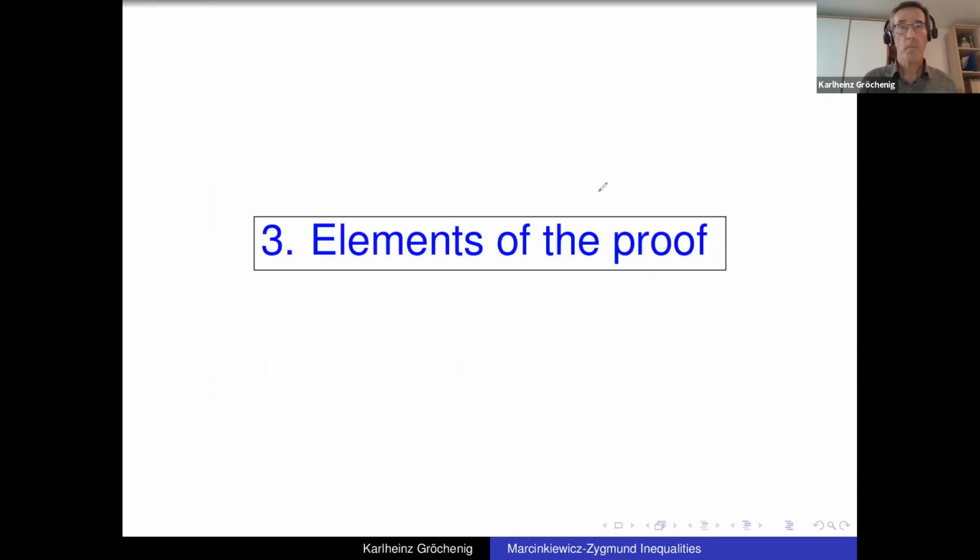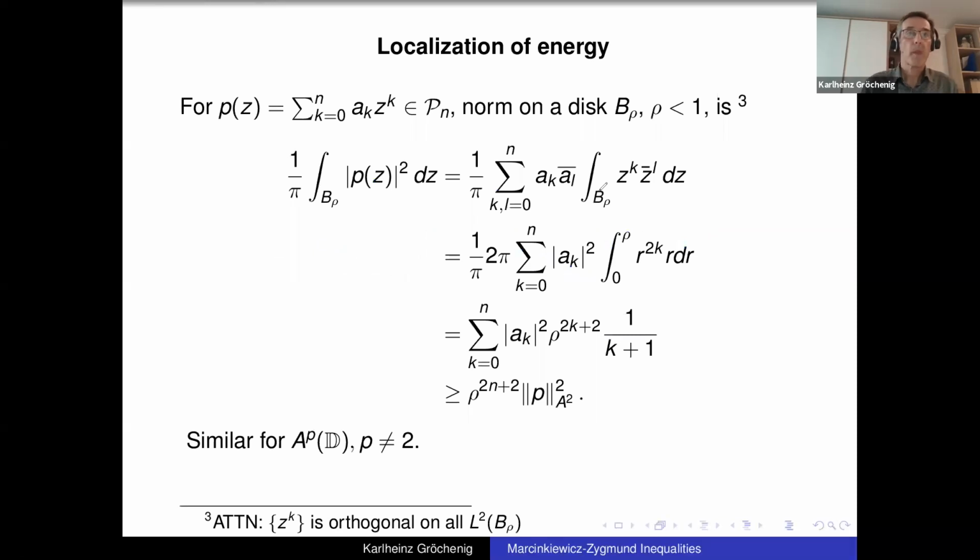Okay, so this is essentially the fundamental connection that I want to communicate in this talk. Now, there are a few elements of the proof that I want to highlight so that you get a feeling what the main ideas are. In particular, I want to show where this radius 1 minus gamma over n comes from, how it arises